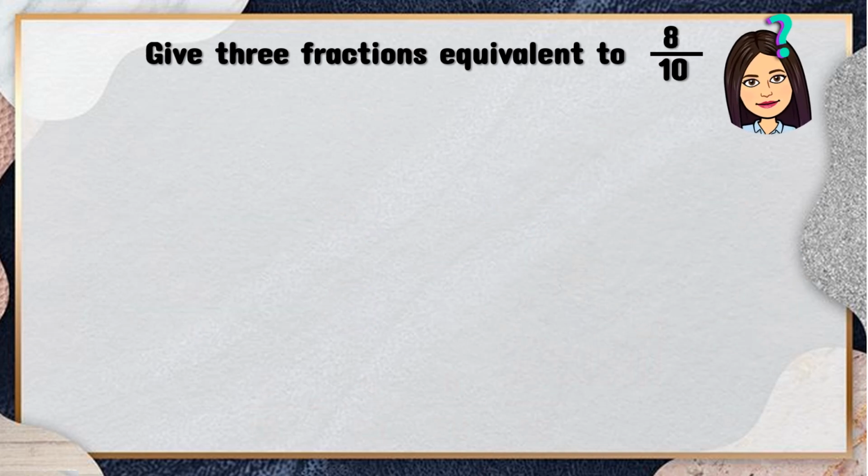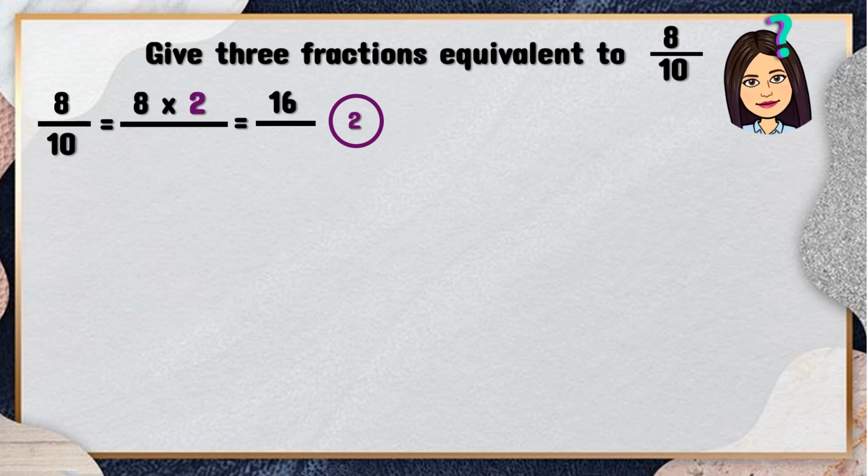Next, give 3 fractions equivalent to 8/10. Let's check your answer. For the first equivalent fraction of 8/10, let's multiply the numerator and the denominator by 2. The numerator 8 times 2 is 16. And the denominator 10 times 2 is 20. So 8/10 is equivalent to